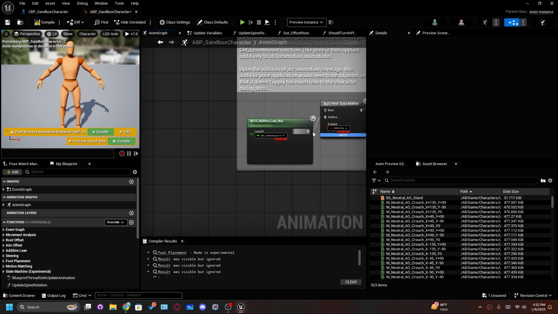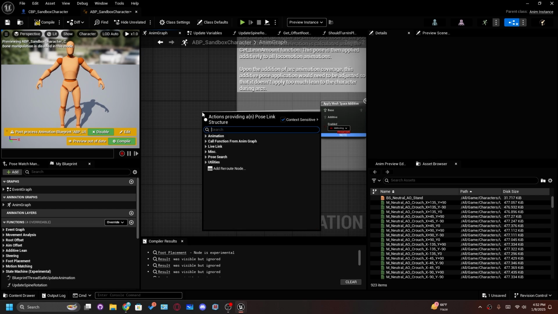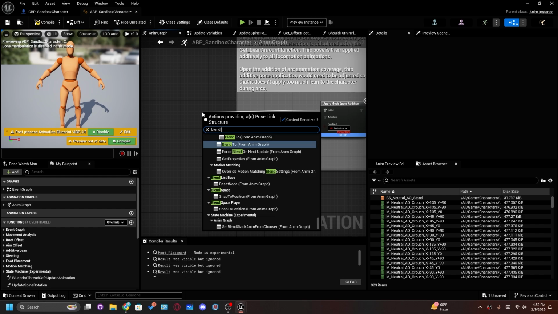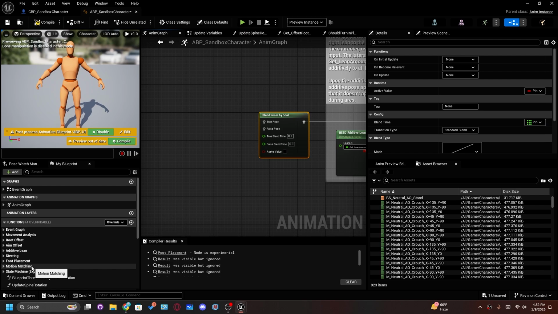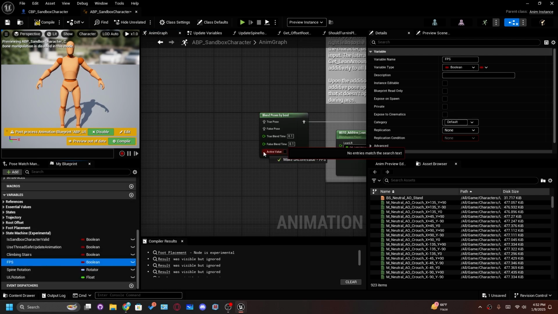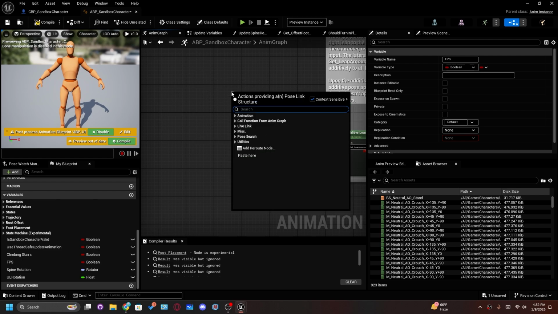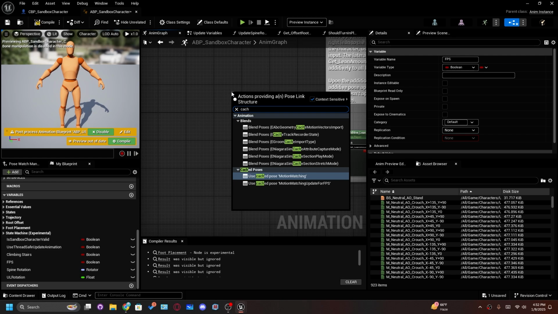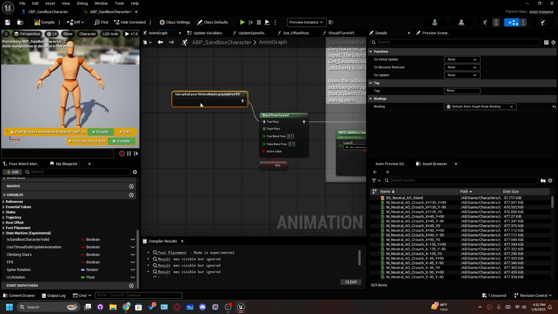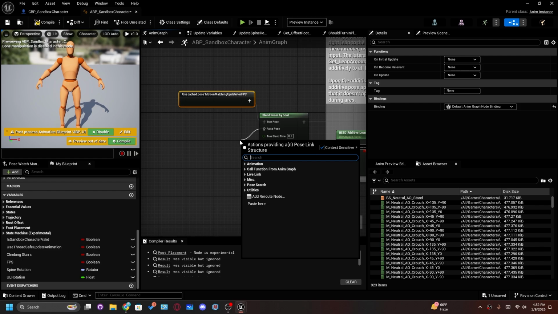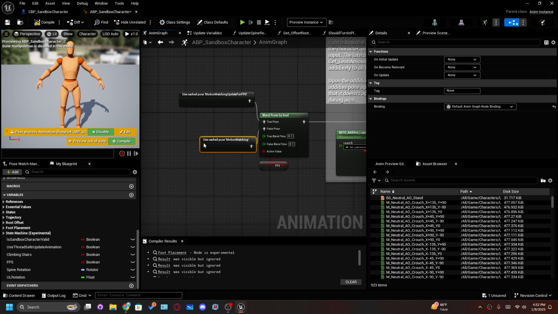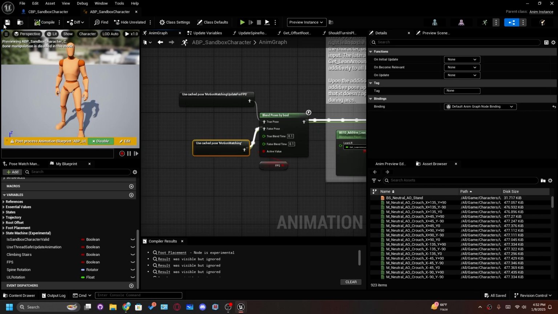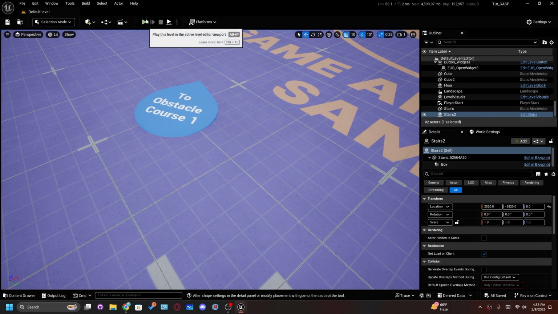Then we're going to go over here and we're going to blend poses by bool. The bool in this is FPS. So if we are in FPS, we want motion matching update for FPS, but if we are not in FPS, we want the cached motion matching only. Compile, save, and now if we play,